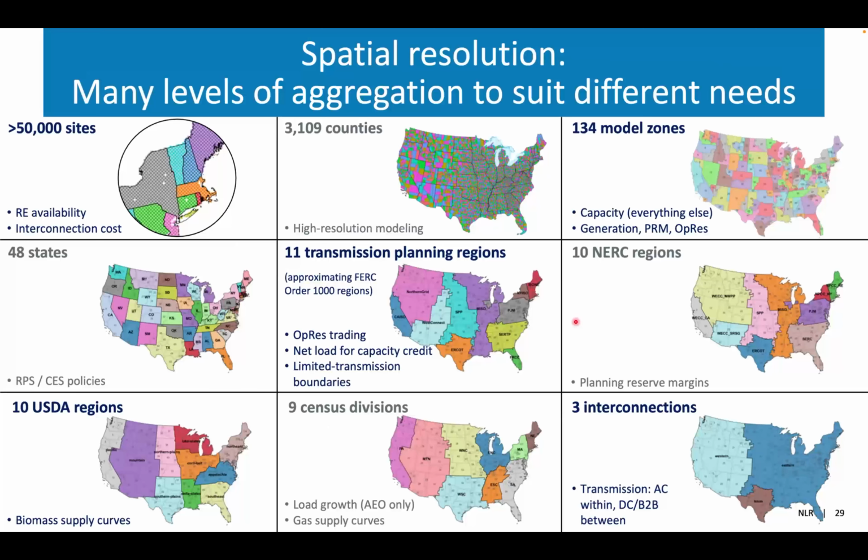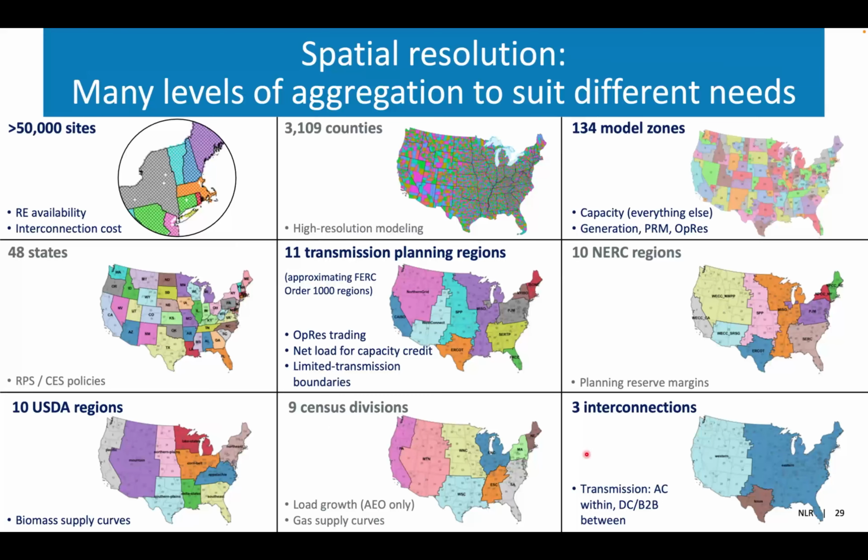Okay, so as alluded to before, ReEDS has a variety of different spatial resolutions that it uses for defining its balancing area and modeling constraints. So on screen are different zonal aggregations used within the model, along with corresponding input data or constraints that it's used for. They're generally ordered on screen from left to right and then from top to bottom in decreasing resolution